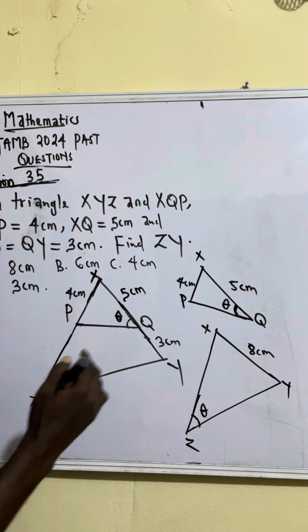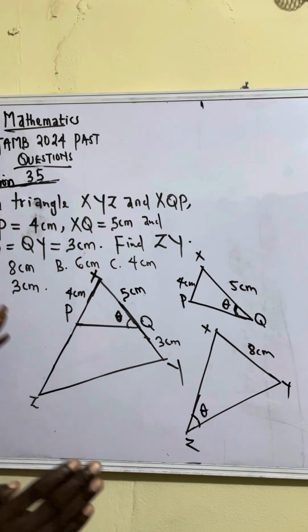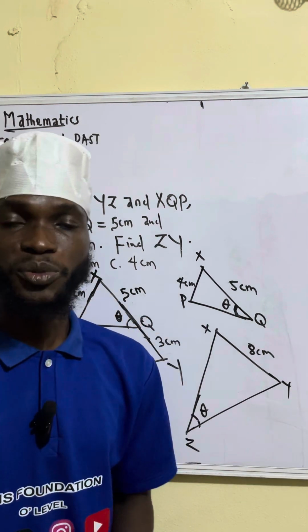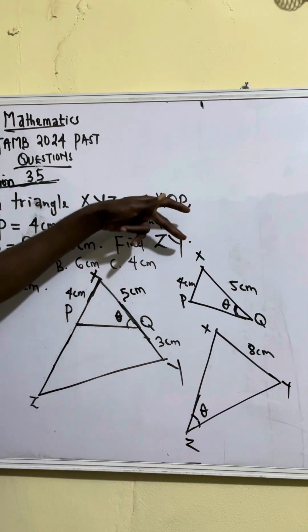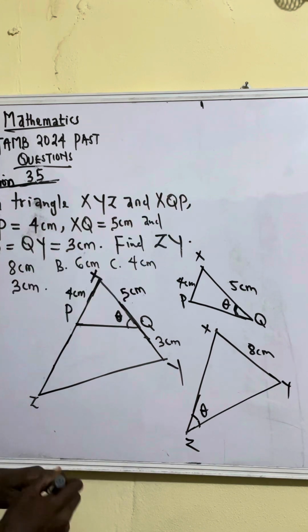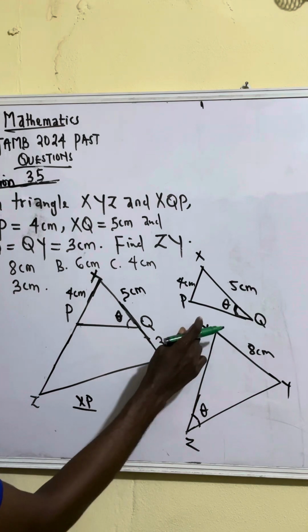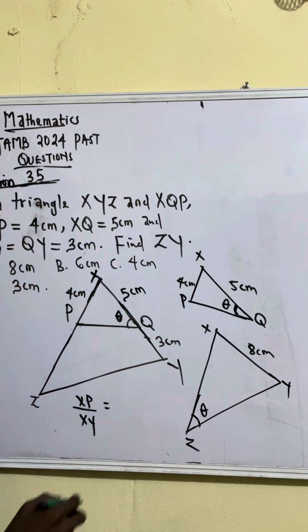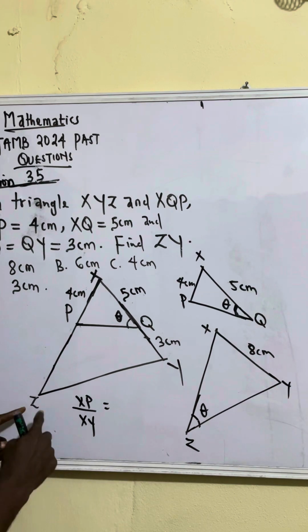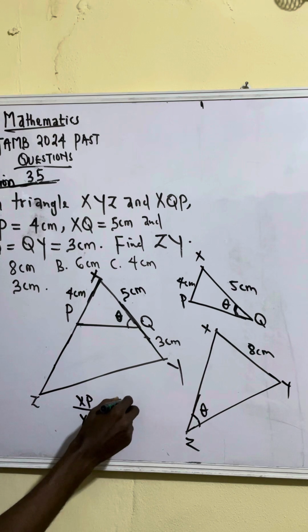So how can we now get YZ? So I will take the ratio of corresponding sides. Taking the ratio of corresponding sides will help me to solve this question. So corresponding side, this side XP of the first triangle all over XY of the second triangle must be equal to, let me equate it, YZ or ZY of,